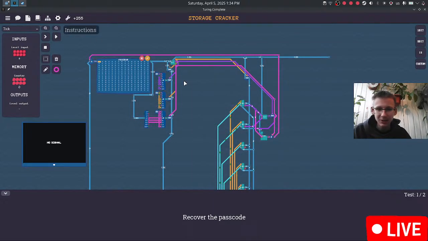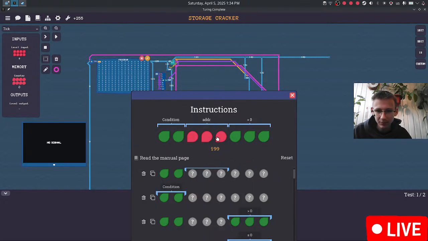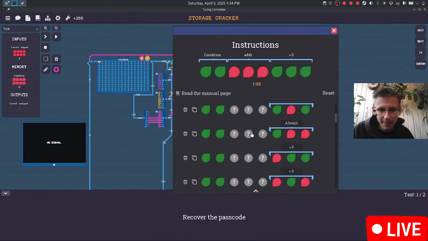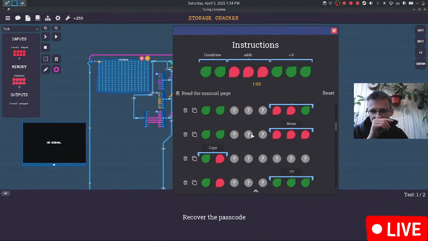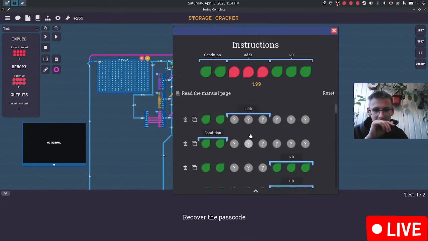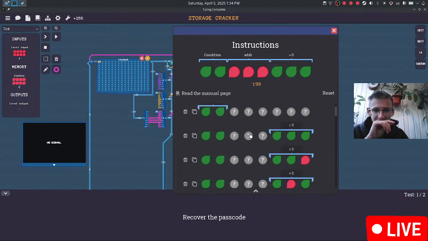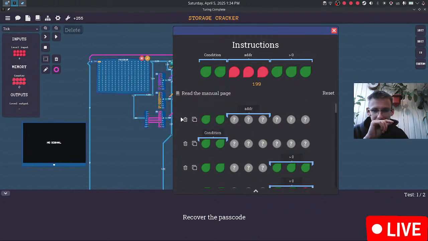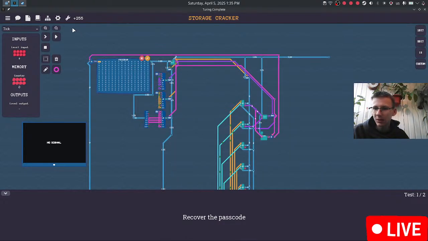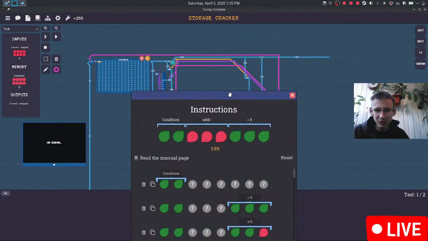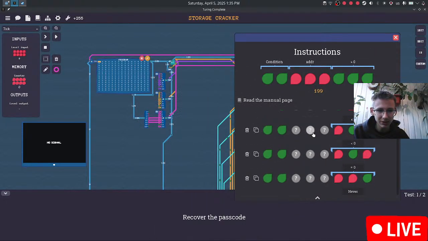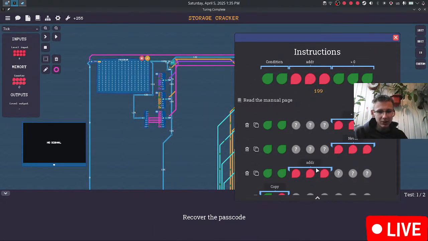Oops, come back. So those are all conditions, and I think it has a race machine. Oh wait, no, it hasn't. This is the address. I want to move it. Is it going to move? Is it sorting stuff? It is sorting stuff. Oh my god. Okay, so that's so